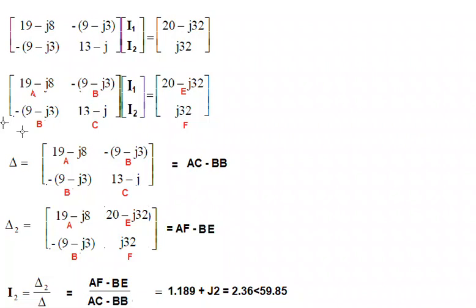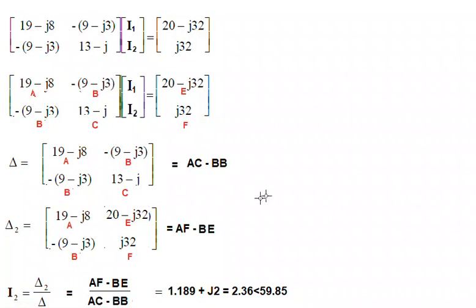So this is the delta part, so we write it separately. Delta is now this term, and as you know, to find the value, we cross multiply. So we'll write it as A and C, A multiplied by C, so AC, minus, then we cross multiply this one, so minus B into B. So this is the delta term.